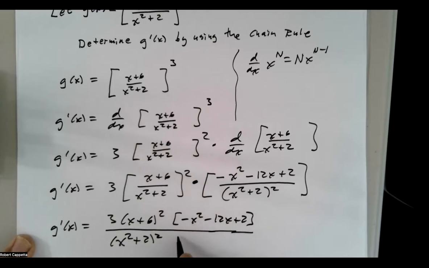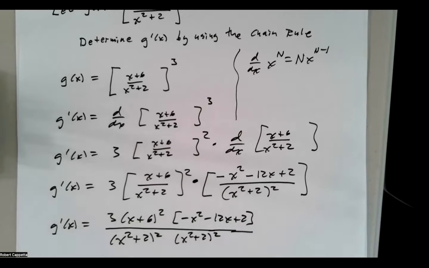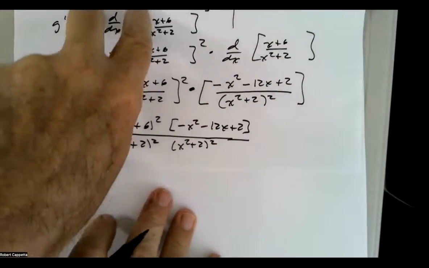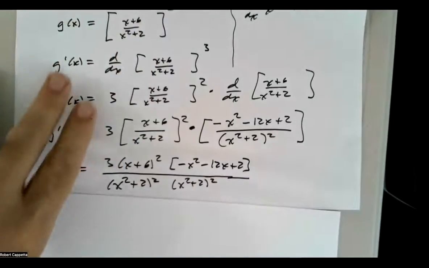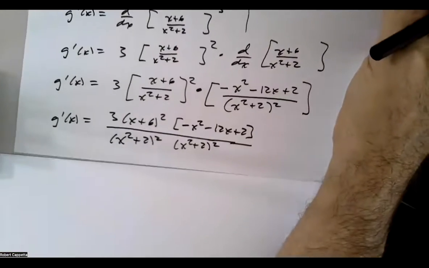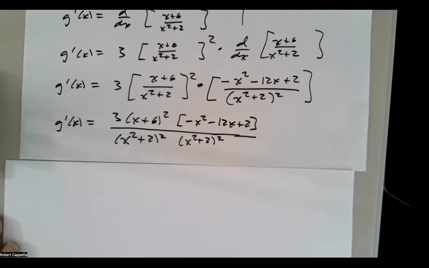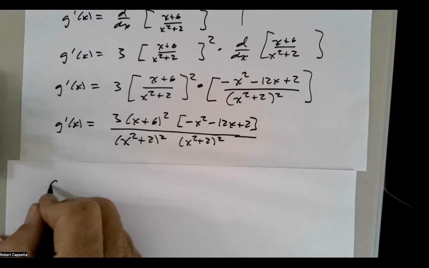Downstairs, x squared plus 2 squared. So we can just make this a little bit simpler by taking x squared plus 2 squared times another x squared plus 2 squared to give me x squared plus 2 to the 4th power. So a somewhat simpler version of this, g prime of x is going to equal